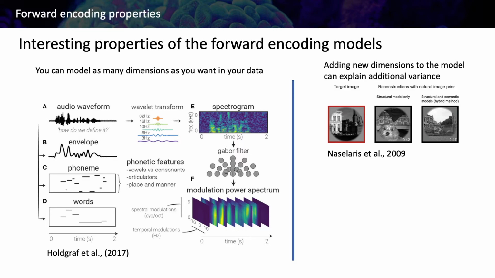For example, if you have this target image and you want to classify it, your classifier might commit an error and say that this image is this one or this one. So depending on how you train your classifier, it will commit different types of errors. For example, if you are using just a model like the one that Kendrick Kay used, which is based only on Gabors and the structural distribution of the image, many times your classifier will tell you that this image is this one. But for example, if you add a semantic